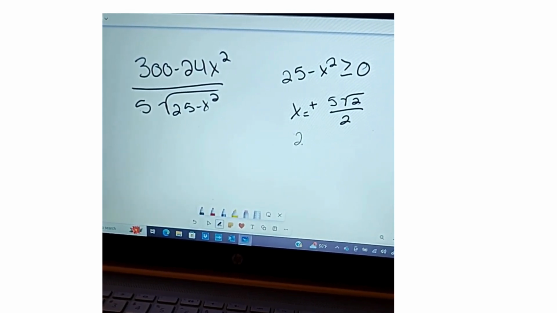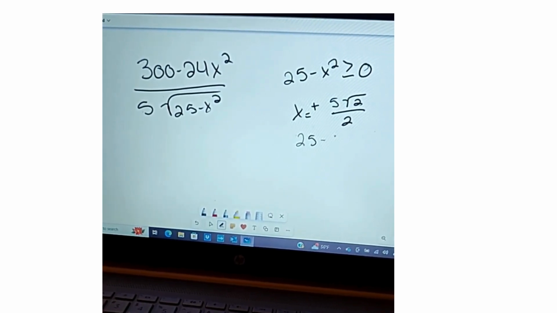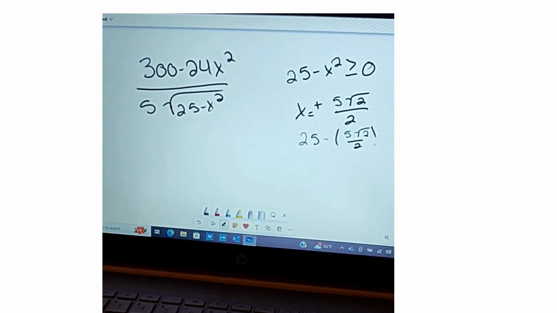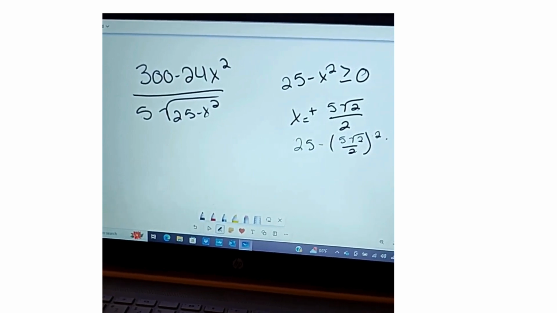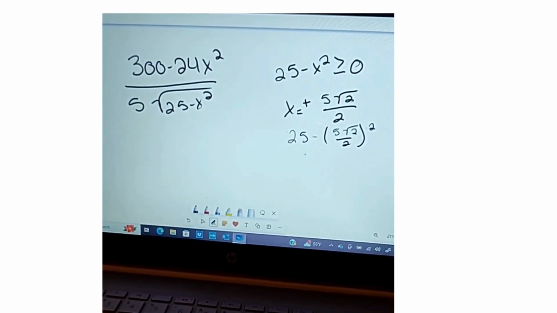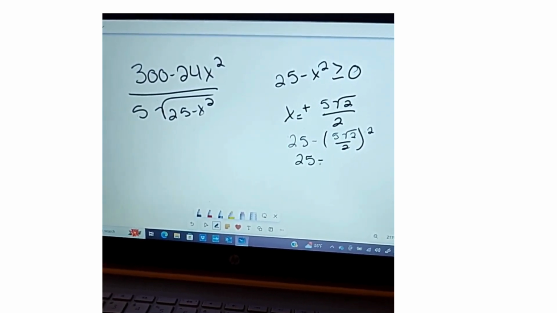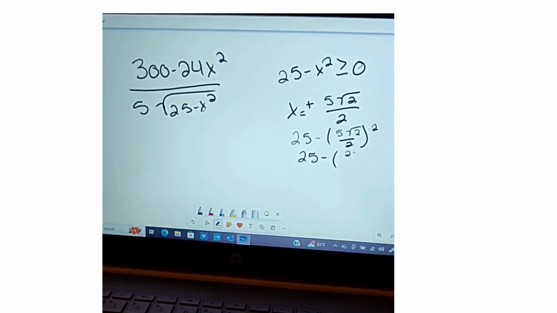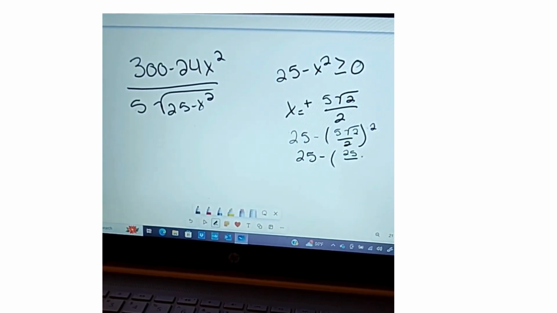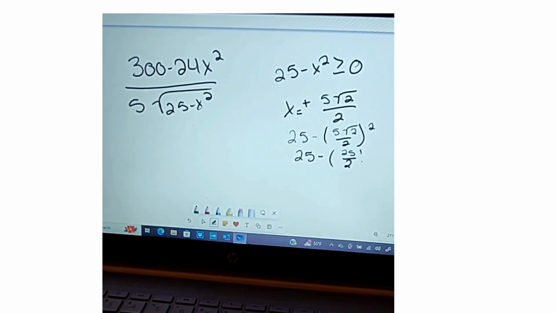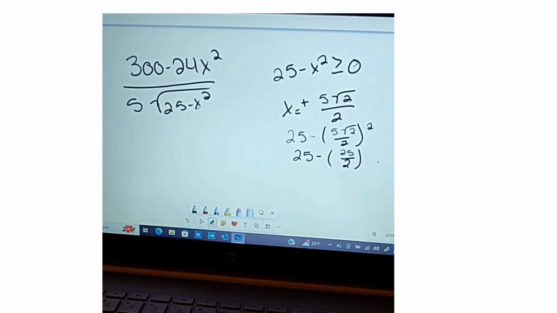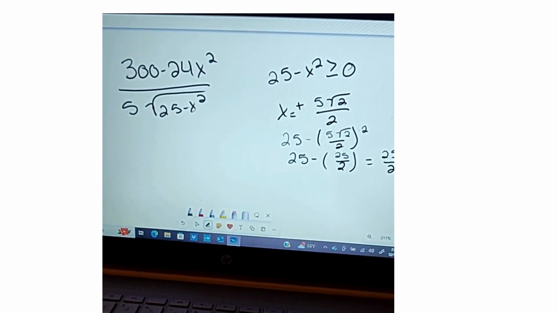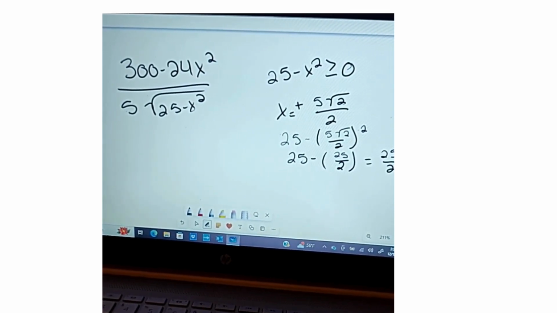So then we have 25 minus 5 square root of 2 over 2 squared. So then we're doing the basic maneuvers of algebra. And then that's going to be equal to 25 over 2, and that is greater than or equal to 0,